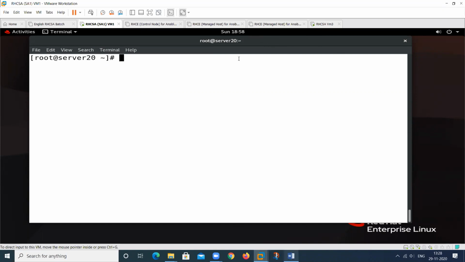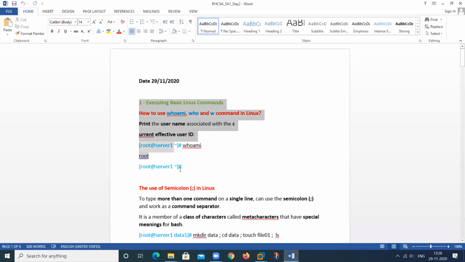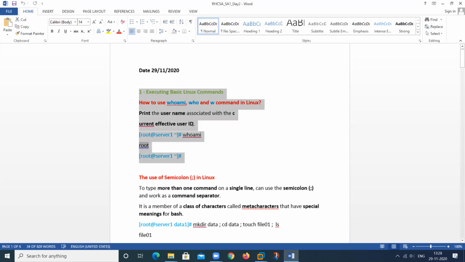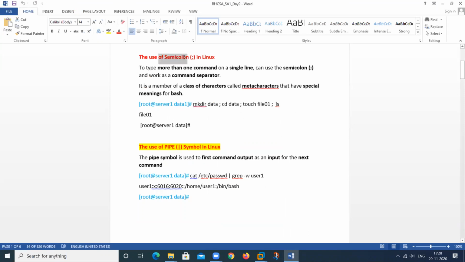So this is regarding these three commands. Then we will move to this particular one. What is the use of semicolon? It splits one command from another. If we are using multiple commands in one single line, and we use a semicolon, those commands are separated. It will execute one after another. So the semicolon just works as a separator, separating one command from another command.